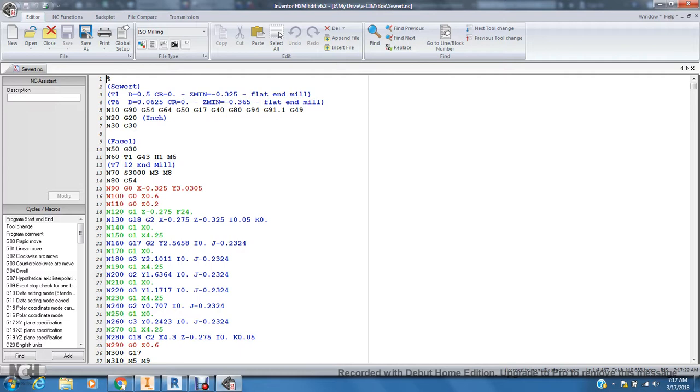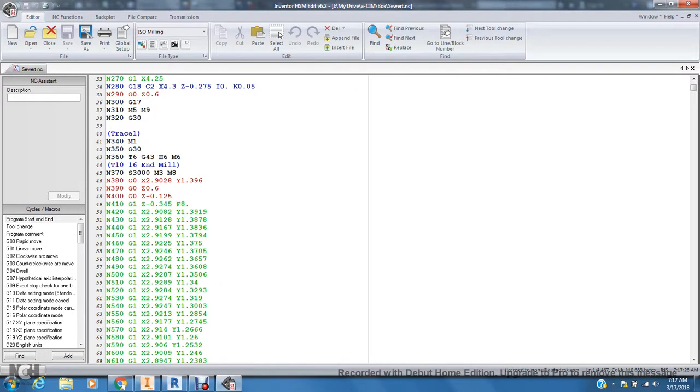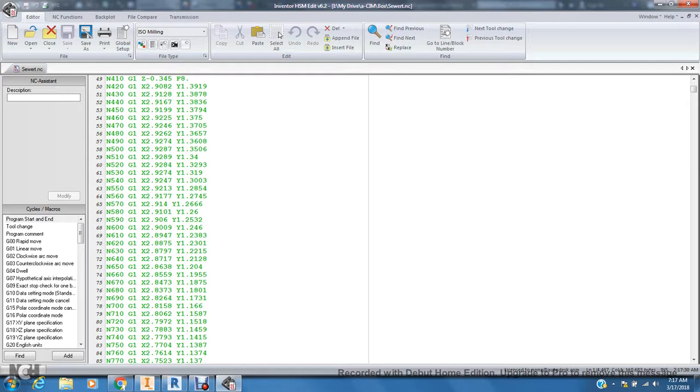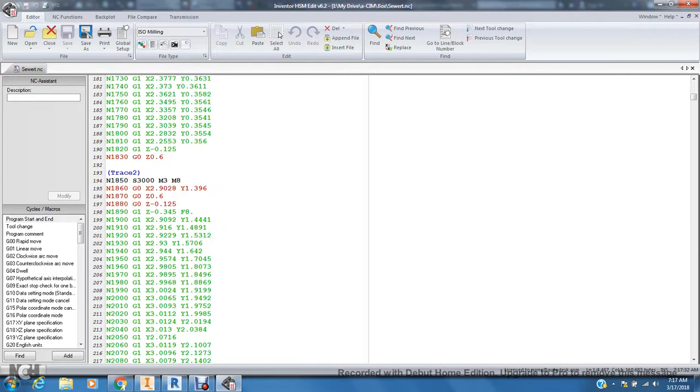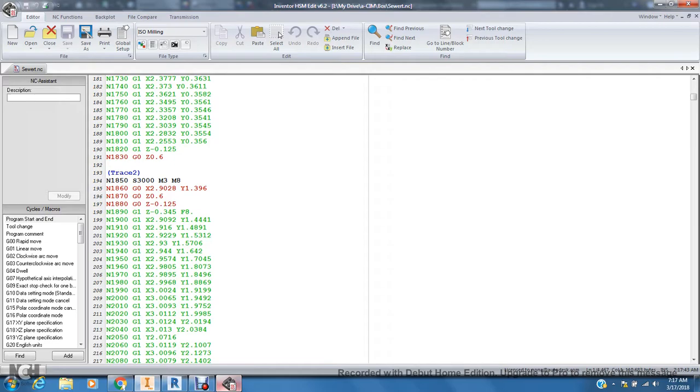And it has the N code and G code that's necessary to run this part. So for instance, as I scroll down, I see trace 1 here and so on. If I go down further, I'll see trace 2, and that corresponds to my list of operations here in Inventor. Okay, so back to this. I can close this now,